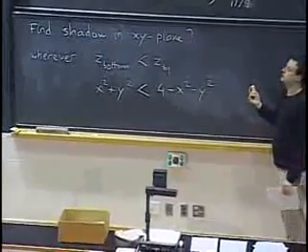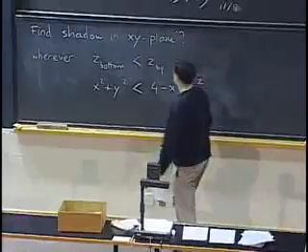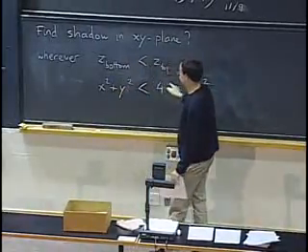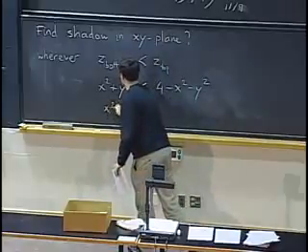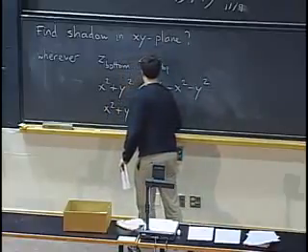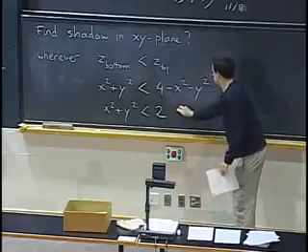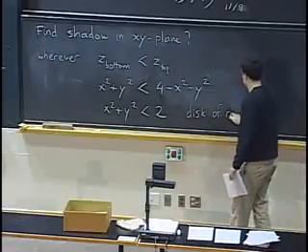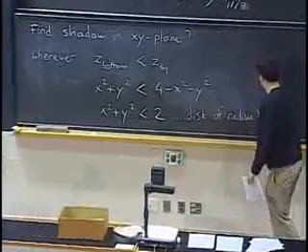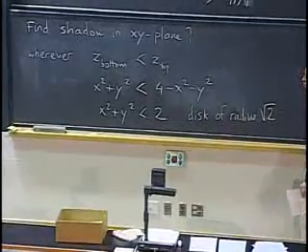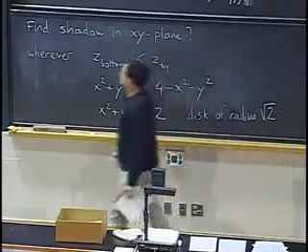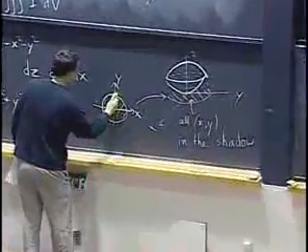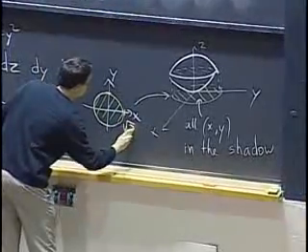And if you solve for that, let's move these guys over here. You'll get 2x squared plus 2y squared less than 4. That becomes x squared plus y squared less than 2. So that means that's a disk of radius square root of 2. So we kind of knew in advance it was going to be a disk, but what we've learned now is that this radius is square root of 2.